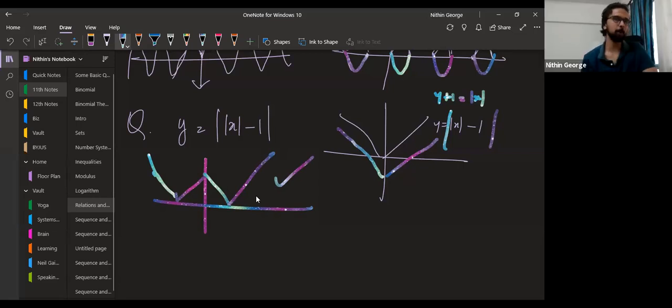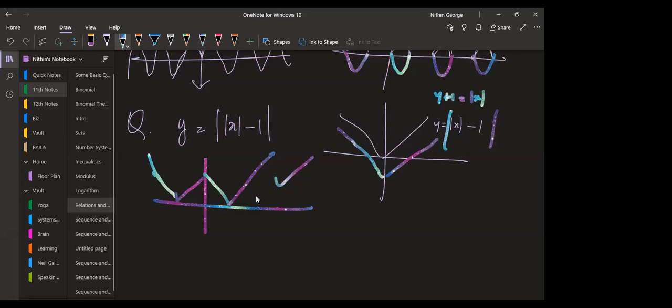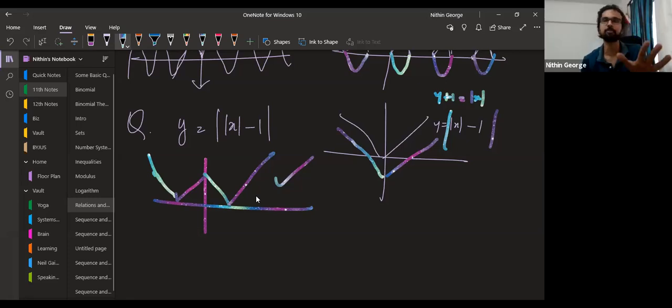Guys, I want you to feel powerful enough to solve anything you like, solve at least the graph of anything you want. That's the point of this class today. That's why I'm going so slowly over this. Generally, people complete this in like 15 minutes and move ahead. But is this clear, guys? We will be using this again and again. That's why I want you to understand this fully at the beginning. So that whenever a problem like this comes, you can just get the graph. Even if you don't understand the question, you can at least see a graph and figure out what they're even asking.